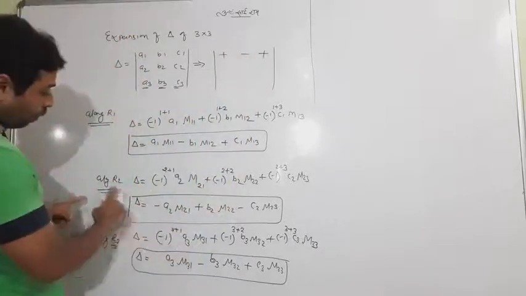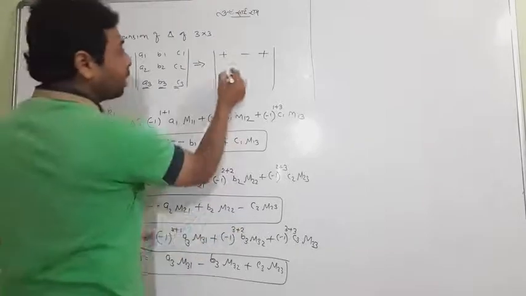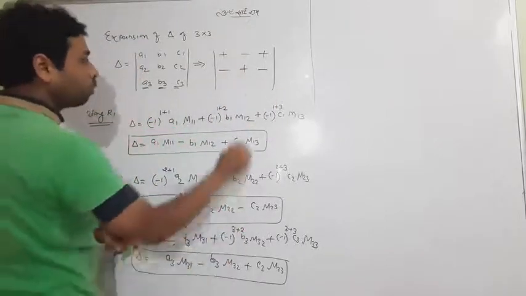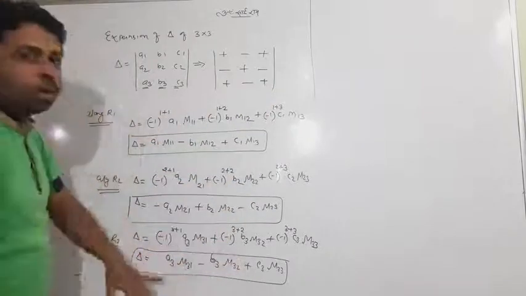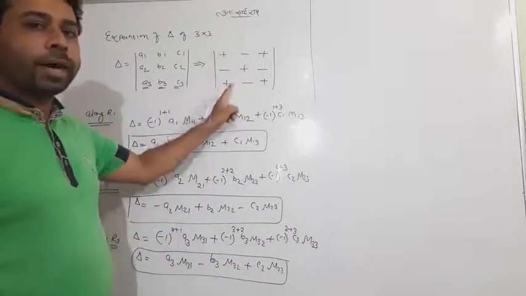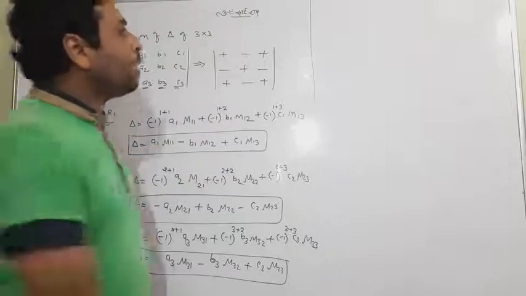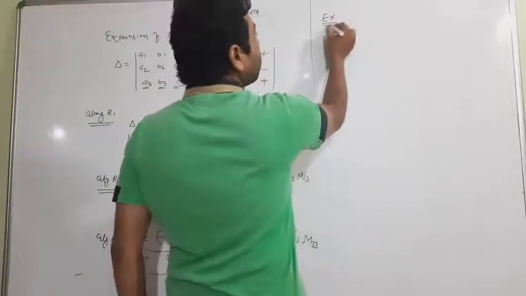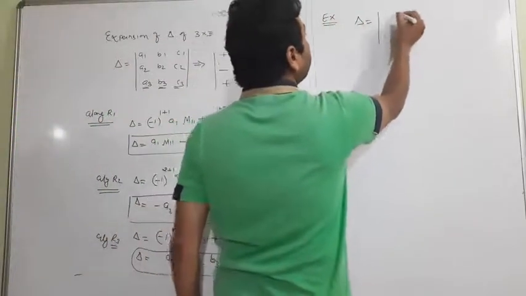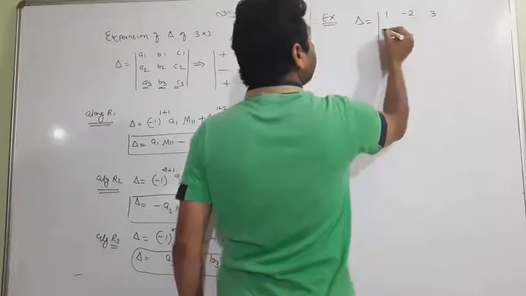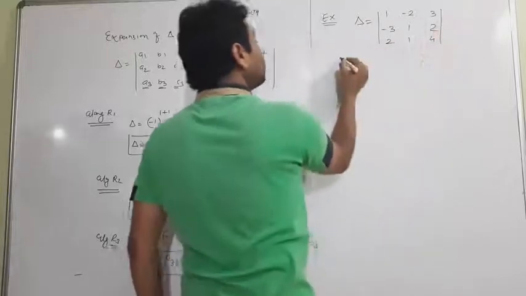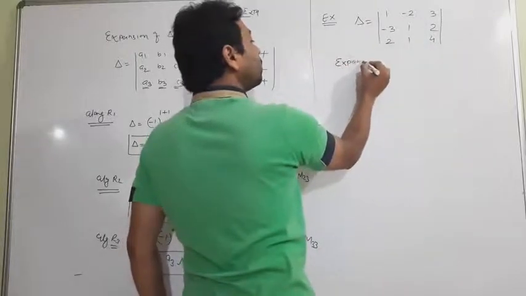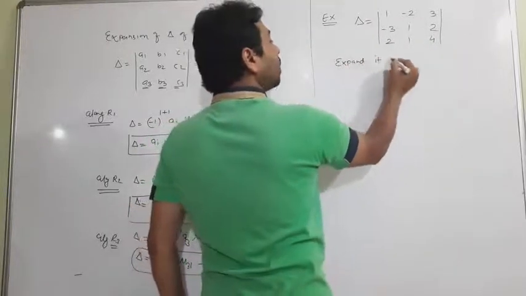Along the second row it is minus plus minus. For the third row it is plus minus plus. Now you don't have to remember everything, just remember this sign and you can find out anything. Suppose I put one example: 1 minus 2 3, minus 3 1 2, 2 1 4, and I ask you to expand it along